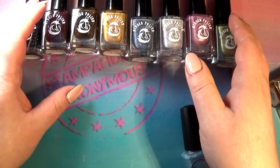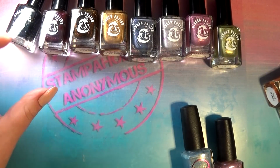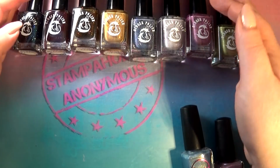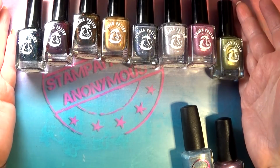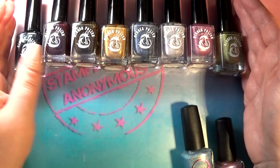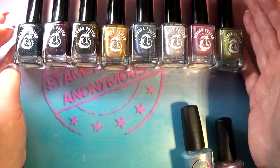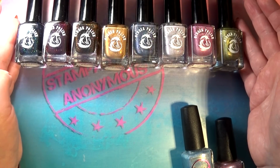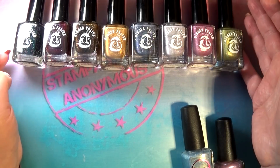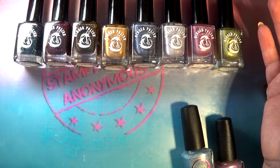It's called Rocks Alive. Let me check if that's true. Yes, it's called Rocks Alive, and it's based off of favorite rock songs. And you know me, I'm not like a pop girl or anything. I don't listen to pop music at all if I can help it. My kind of music usually is made with a lot of electric guitars and things like that. So this collection in its general theme and idea was right up my alley,